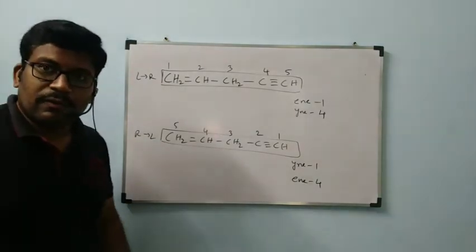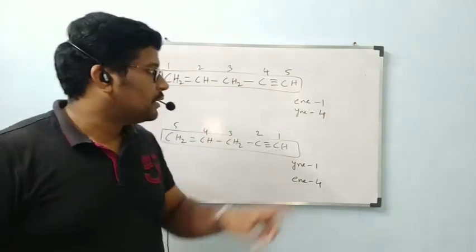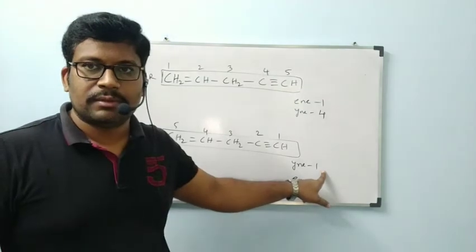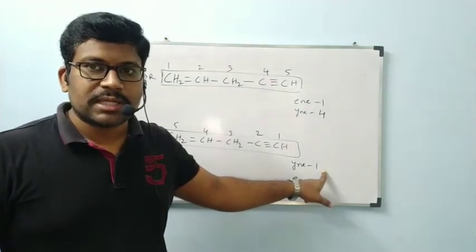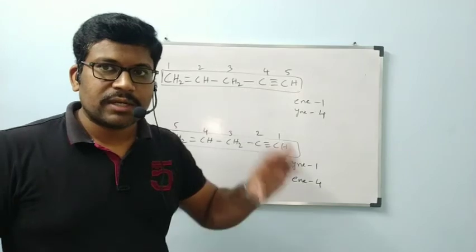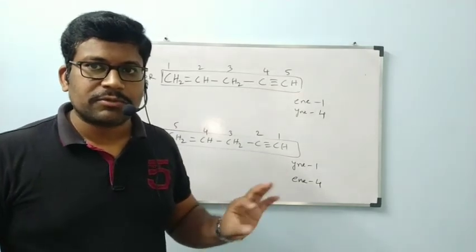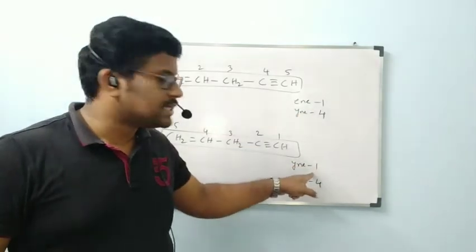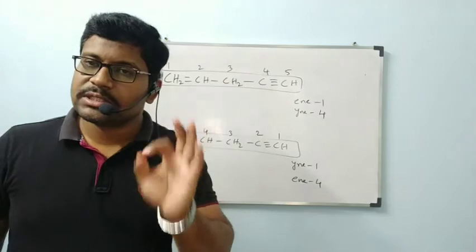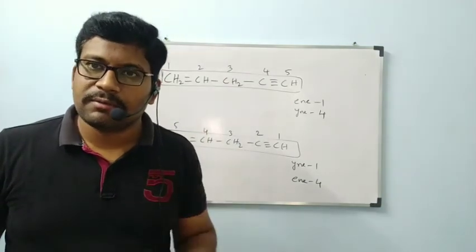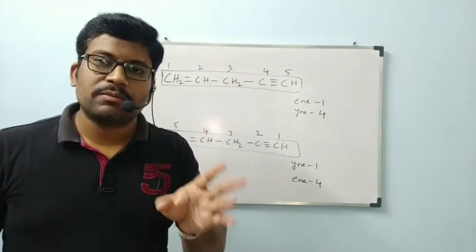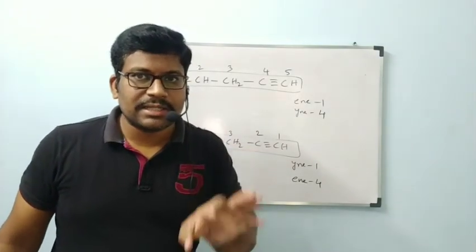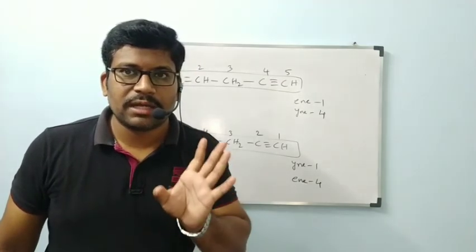In this compound, we have a double bond and a triple bond. See the first numbers, na? Both the first numbers are the same. When both the first numbers are the same, what we have done for side chains and substituents is follow alphabetical order. Here we have the same positions, so we have to follow alphabetical order. Double bond and triple bond are both equally important. When we have equally important groups getting the same positions, we have to follow alphabetical order.